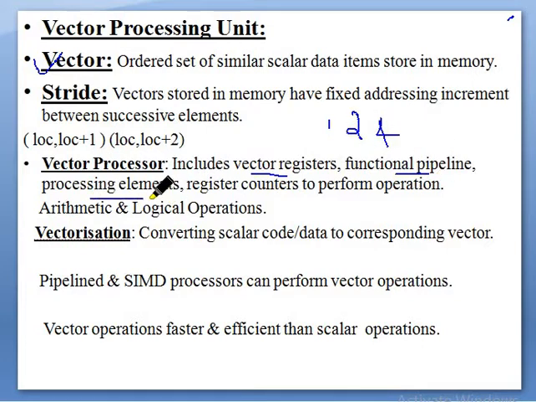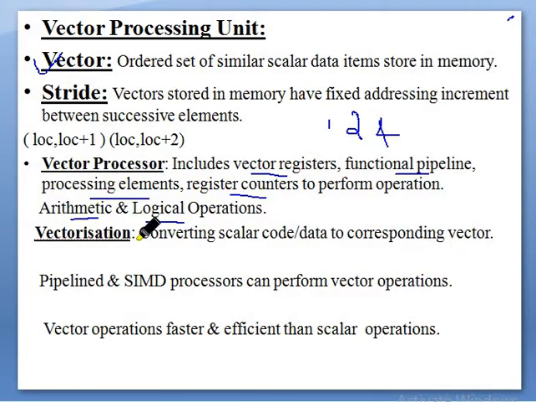Okay, so some of the processing elements, you can call them operands, or some special operators. Registers for a counter, so that we know whether we have finished the loop or not. To perform all types of operations we need all this. So the definition of vector processor: the processing unit which performs all activities. What do you mean by all activities? Either arithmetic or logical. Any operation in the computer belongs to 2 categories, either arithmetic or logical. So whenever we perform arithmetic or logical operations on vector type of data, the solution we get is called a vector processor.